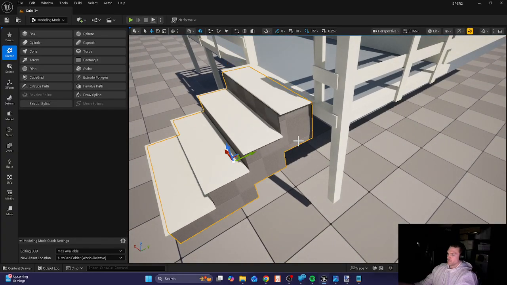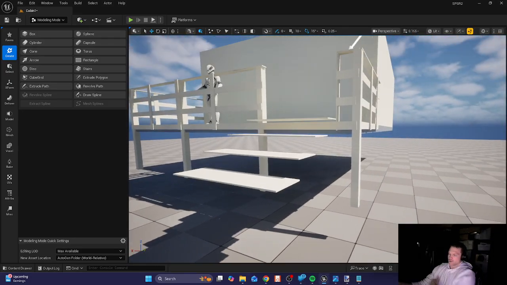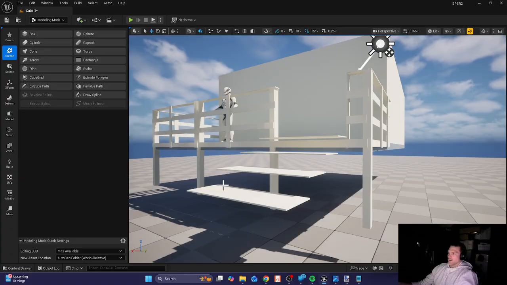All right, and then we should be able to delete this, and that leaves us with pretty accurate location of these steps. I'm going to copy another one of these,